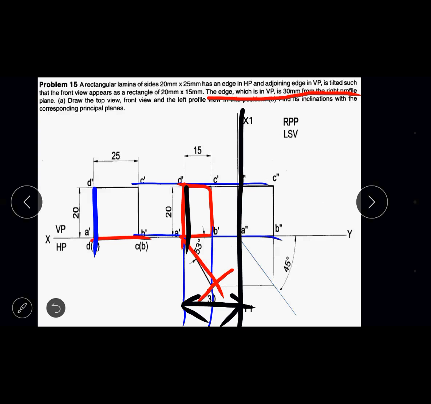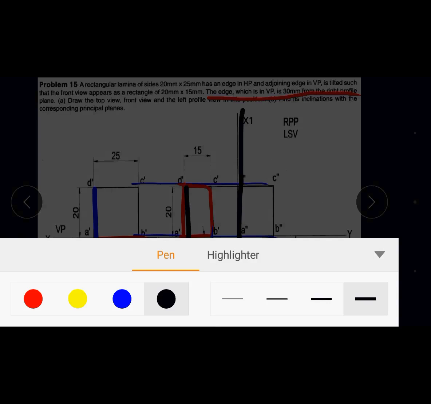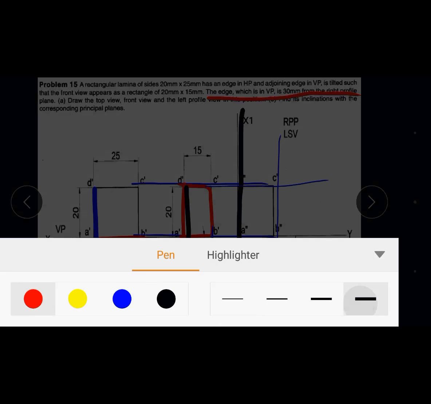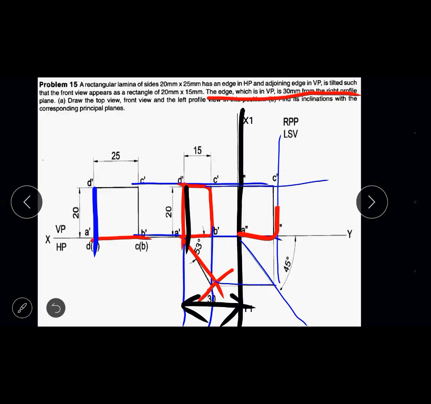Then after that, just to get the side view of the lamina, what you have to do, draw the projection line. Draw a 45 degree line over here. Draw the projection line at the point of intersection. Draw the projection line from both the corresponding views, and then study the point of intersection and then join them. So you get A dash, A double dash, B double dash, C double dash, and D double dash. So this is the side view of the lamina. So the side view is highlighted with A double dash, B double dash, C double dash, and D double dash. The front view is highlighted with single dash, and the side view is highlighted with double dash.